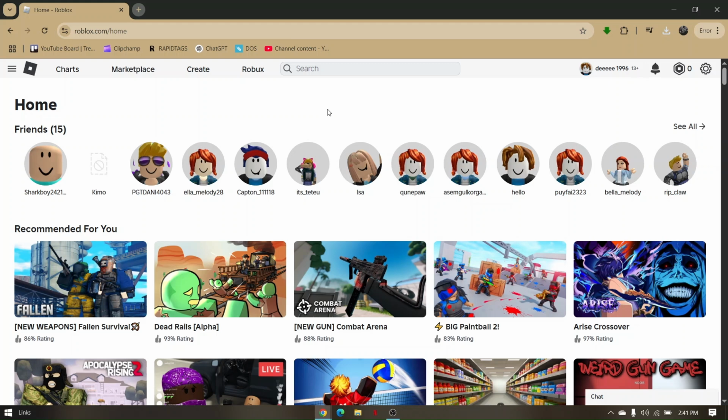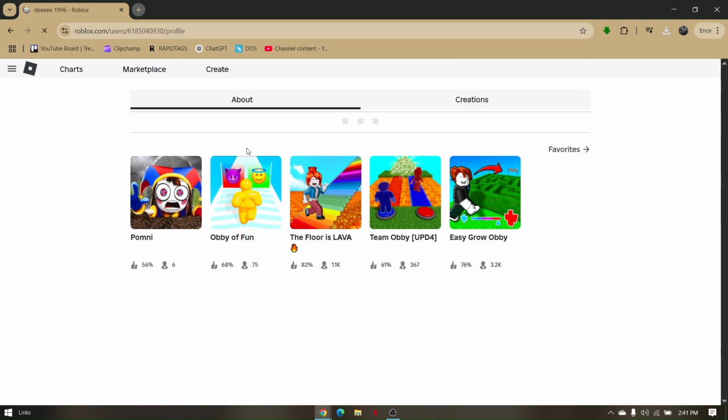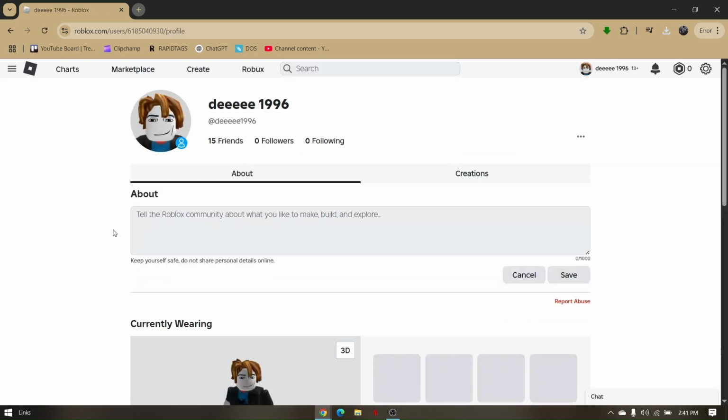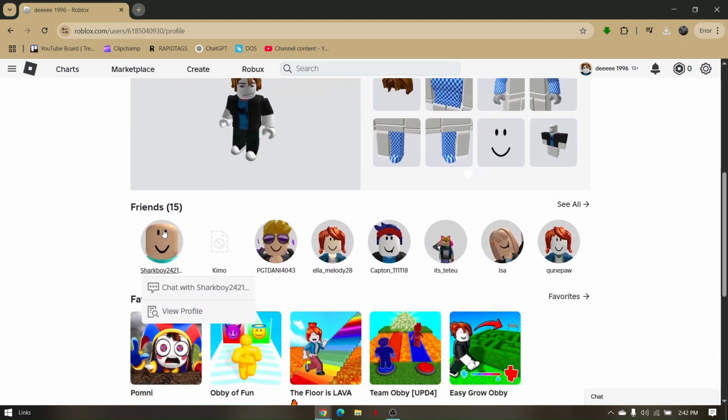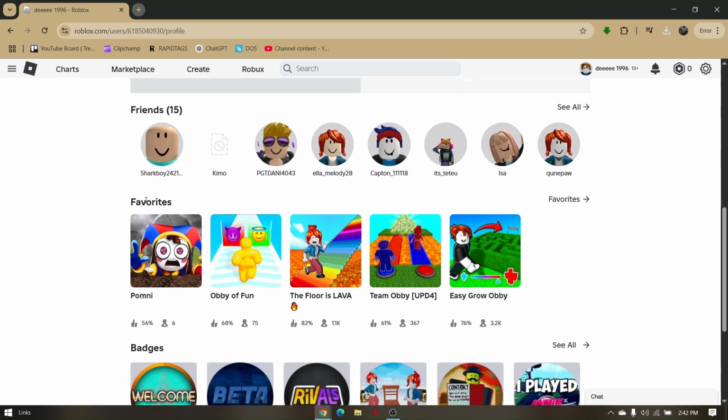Now accessing your favorites on Roblox is very easy. Just click these three lines located at the left portion of your screen and head over directly to your profile. So accessing favorites is going to be set out as a filter or category. So just scroll down a bit and below friends usually, you should be able to see all the favorites